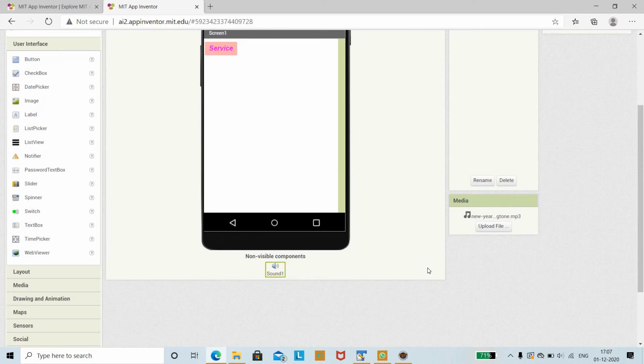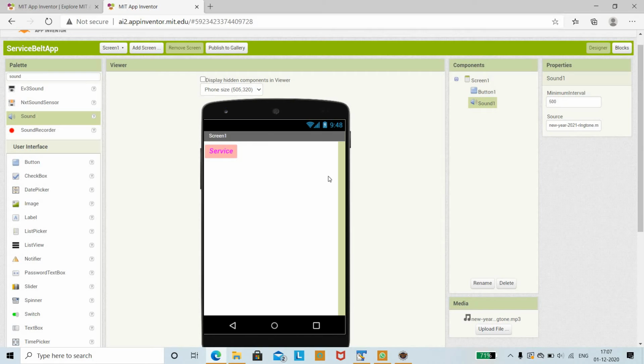So now we have successfully designed the user interface components. Basically we needed two things. One is the action performed: whenever you click a button, the sound has to play, that is the bell has to ring. We have designed that at one end, but next we need to make it interact with the blocks. So now we shall quickly design the blocks.